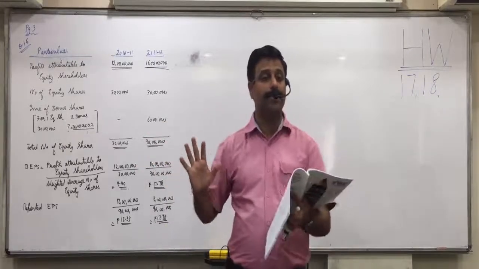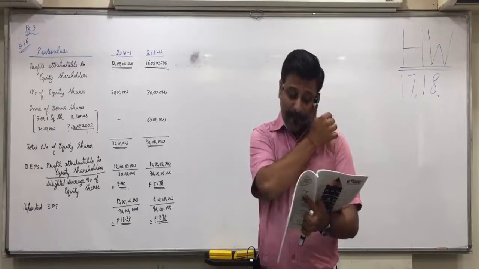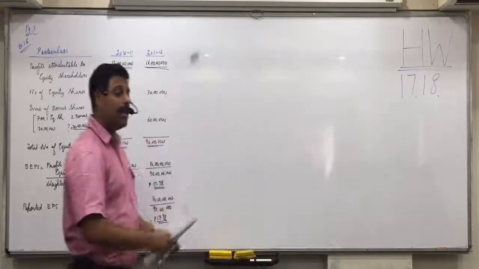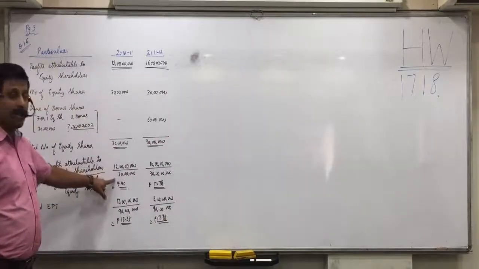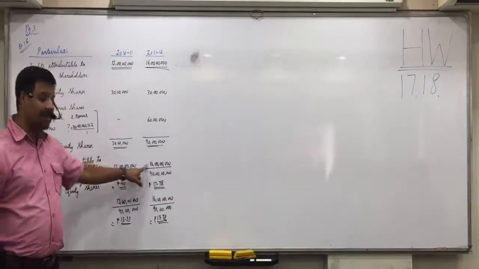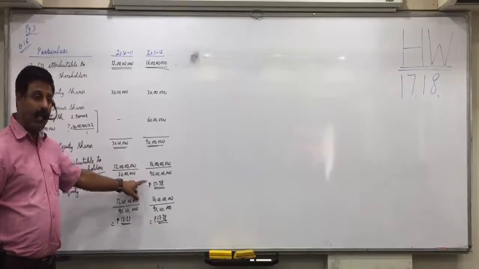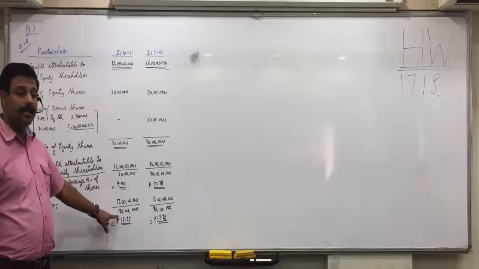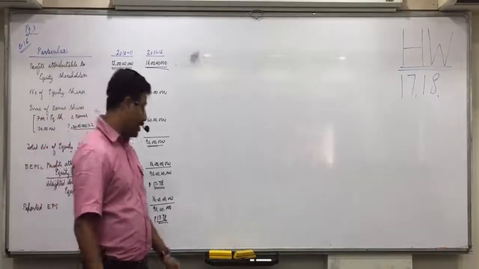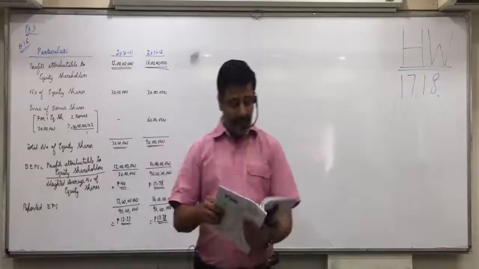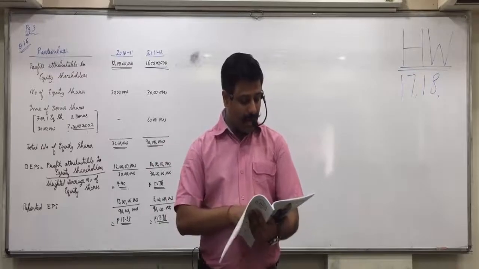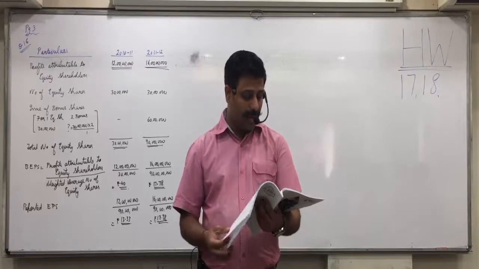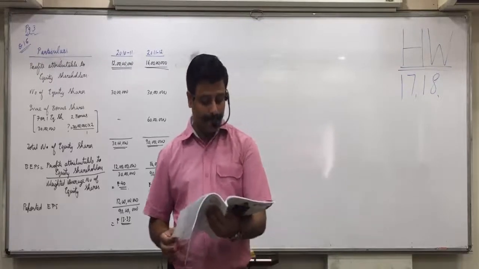Any confusions? Net profit for 2013 45 lakhs and 2014 60 lakhs. So initially you'll find 45 lakhs divided by 10 lakhs and 60 lakhs divided by 20 lakhs. But for reporting purpose you'll do 45 lakhs also divided by 20 lakhs and 60 lakhs also divided by 20 lakhs. Right everyone? Exactly similar is 2000 question number 18 for 2013, 14, 15. So mark it as homework. I'm not discussing it now.